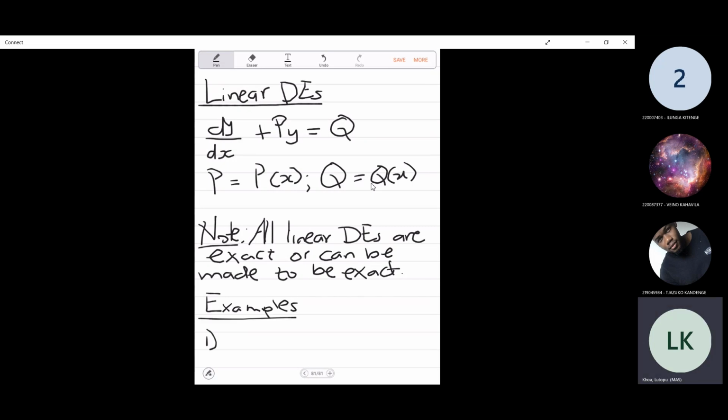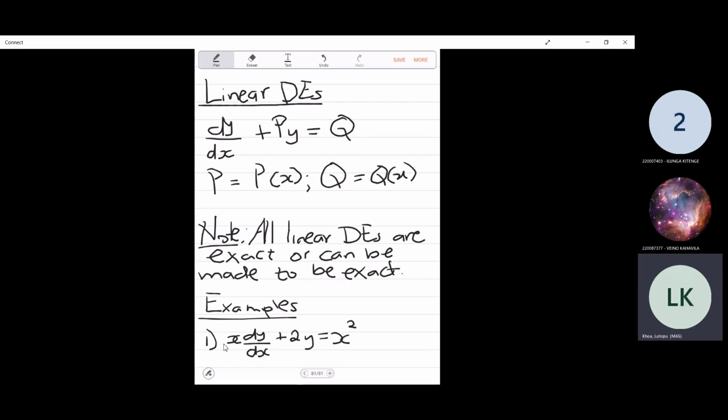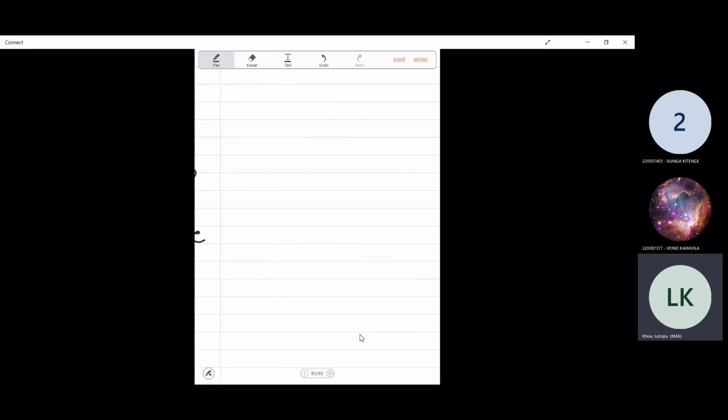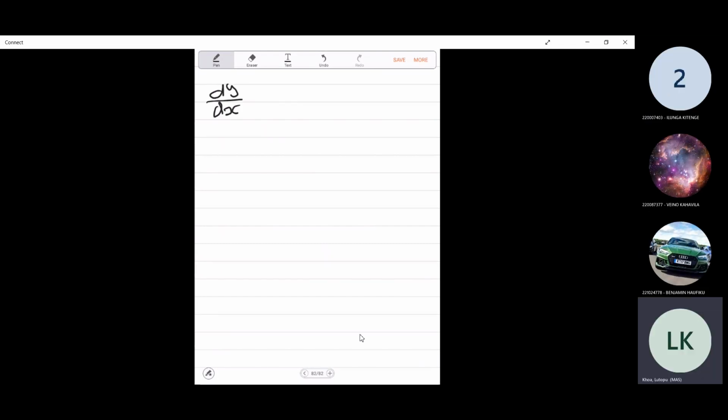So number one, we have x dy/dx plus 2y is equal to x to the power of 2. So as the question is given, it is not exactly in this form because we have a coefficient of dy/dx over here. So first thing we need to do is divide everything by x. So dividing everything by x, we will have dy/dx plus 2 over x times y